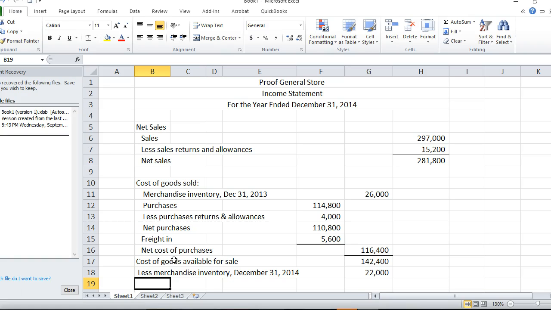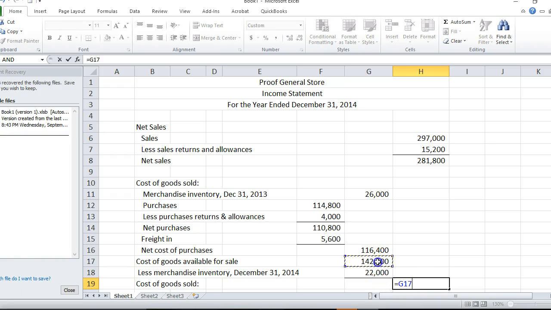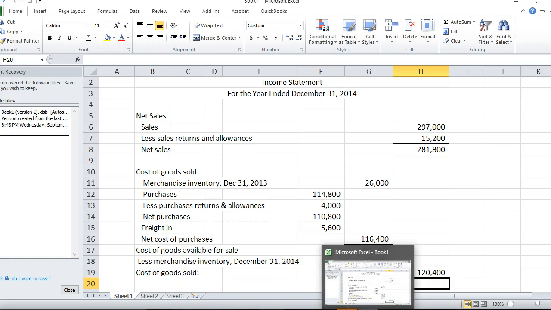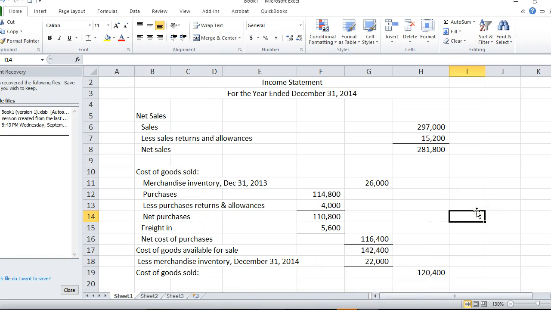The difference is our cost of goods sold. So as you see, we had available for sale 142,400. We had on hand at the end of the year 22,000, which means we didn't sell 22,000 of everything on our shelves because it's still there, which means the difference we did sell. So we have cost of goods sold of $120,400,